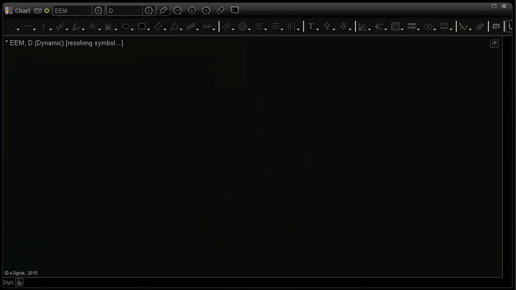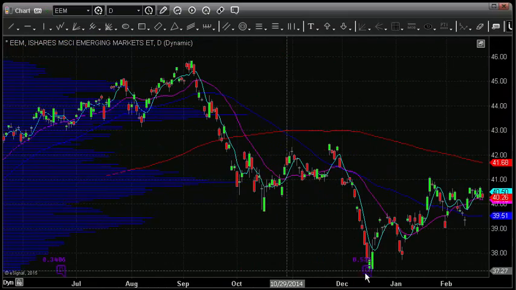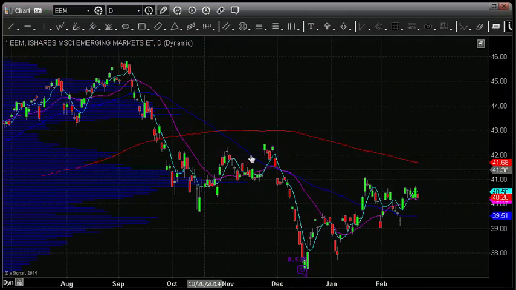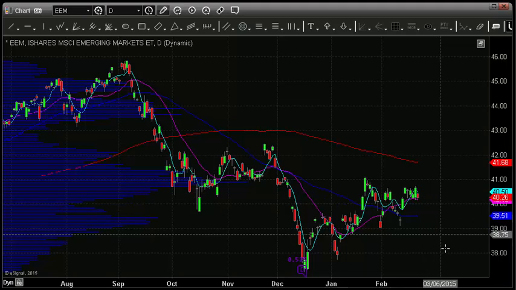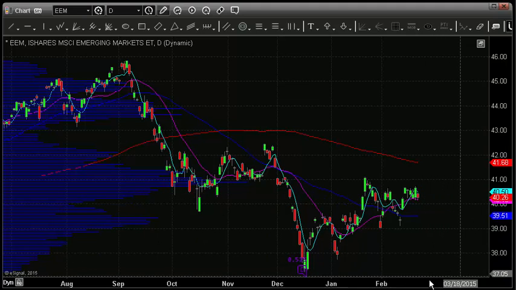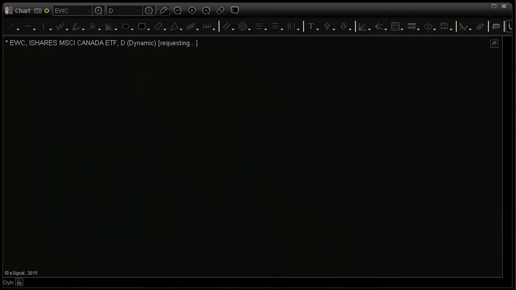Taking a quick look at emerging markets, the EEM, it continues to consolidate and trade sideways here. The overall trend is down. We're hoping we're going to see this big bear flag break to the downside, and we'll see another leg to new multi-year lows. There's a couple other sectors that are more or less country ETFs that are starting to look pretty interesting. If we take a look at the Canadian